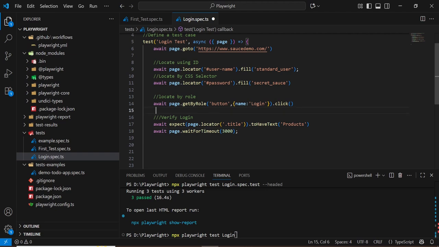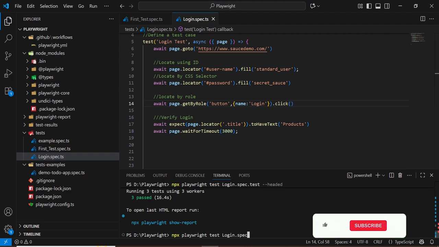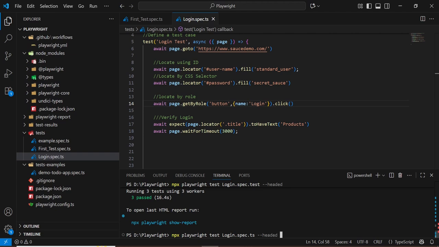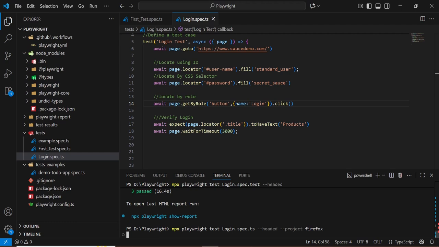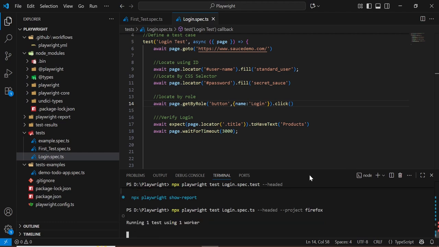file name. Let's save this file after making changes in this file. Login dot spec dot ts, dash dash headed dash dash project Firefox. Now, this test will be running only on the Firefox browser because here we mention project Firefox. Click on enter. The test is running one test using one worker because here we mention